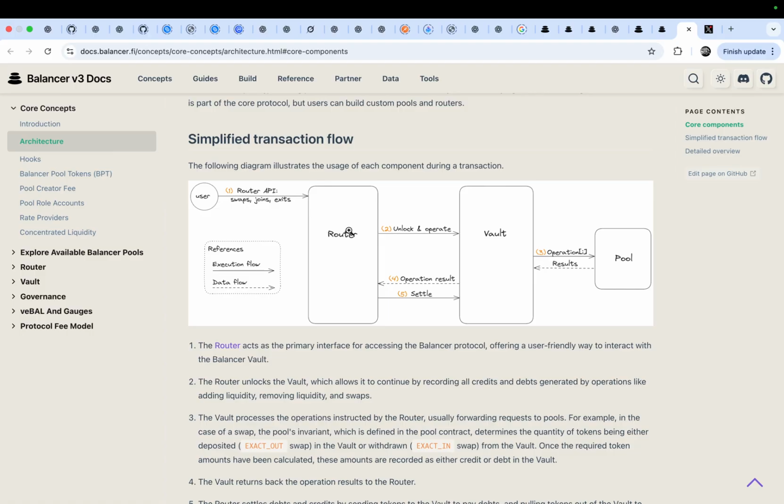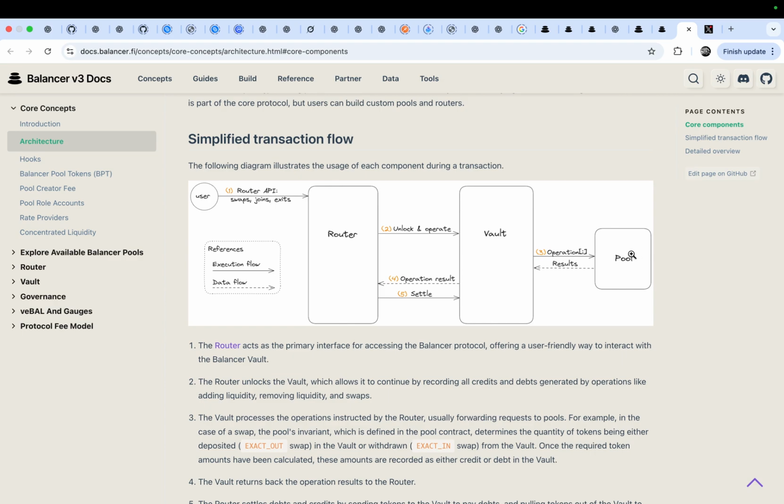The router is the interface for the user. The router can simplify some complicated details, and the router will unlock the vault, and the vault will give the detailed operations. So the real execution environment is in the vault and pool.